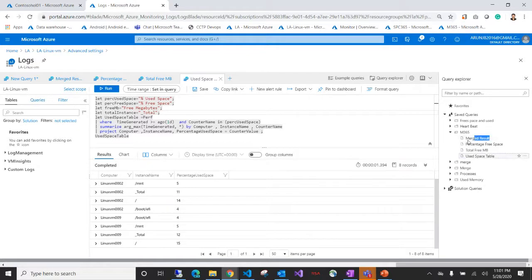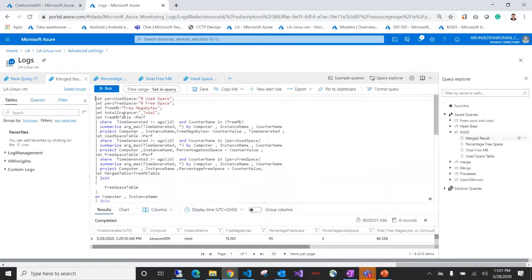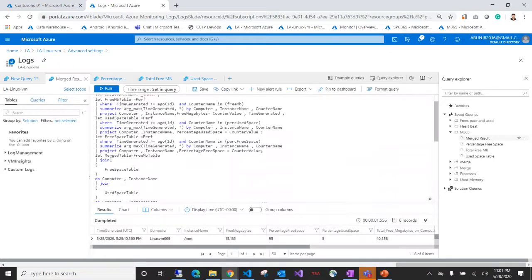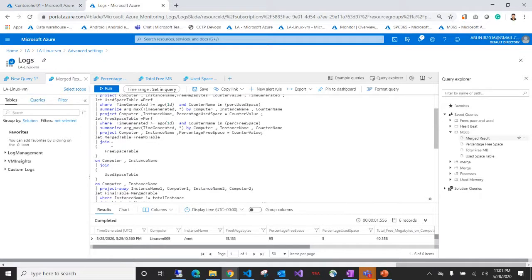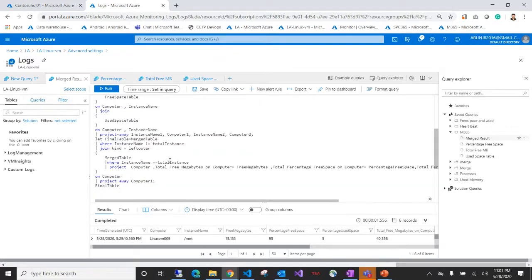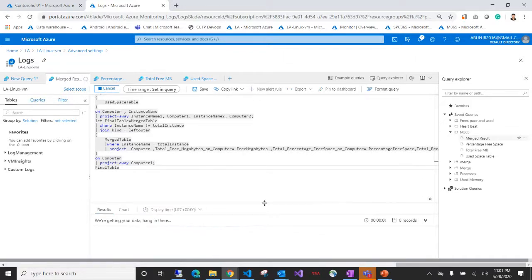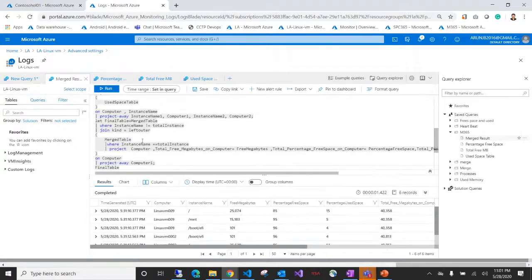Then in the final merged query, I have taken all these three tables and just joined them. This is an inner join. In case you have worked with SQL queries, you will be quite aware of what an inner join is. Don't bother about the logic; this is just an example. What I'm trying to tell you is that all these things we can query using a very simple query language known as Kusto query, and we can bring out a final answer like this, and it will bring a final table together as you can see.